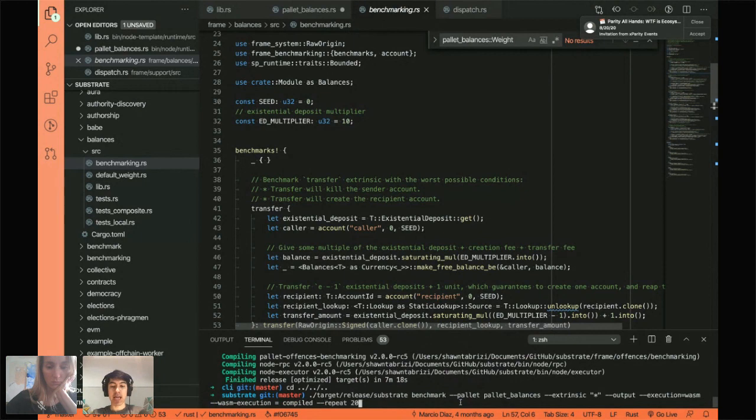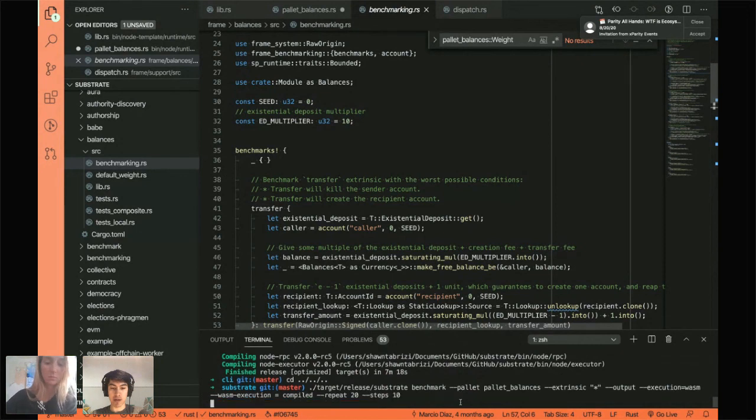And then also steps. Steps is not really being used here in the balances pallet, but you can imagine that for something like the Fibonacci number, you need to benchmark the Fibonacci extrinsic over different values. Like, how long does it take to run when Fibonacci is 1, when it's 10, 100, 300? So steps will tell you how many steps I want to take between the ranges I want to test. So for this case, I'll do steps equals 10 just for whatever. And I think this will give me a file if everything went well.